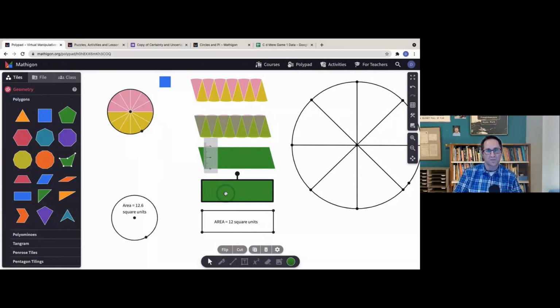And then what was really nice was to take this rectangle and say, where does that show up in the circle? Well, here, the bottom of the rectangle is all the yellow pieces. So that's half of the circumference. So I can add that in here as half of the circumference. And then I can take this rectangle and move it back here, and we see it matches up right with the radius. So then I can add another text box saying this is the radius.